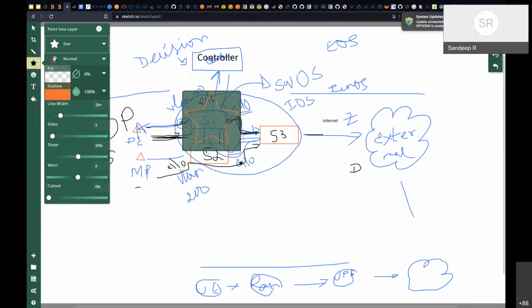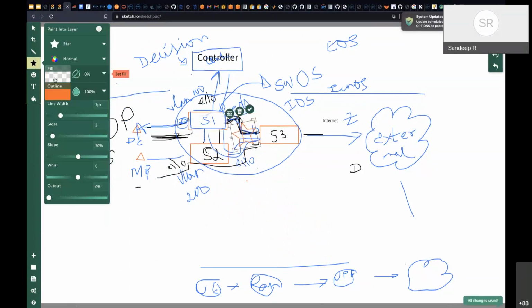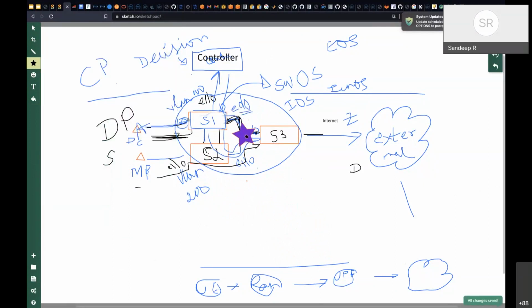I'll take a star instead. If the star is a firewall, in that case we will have to drop the star somewhere here. So now it's very clear, right? We have to drop the star here because all traffic comes through here.